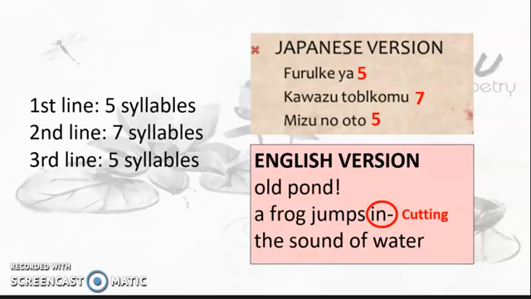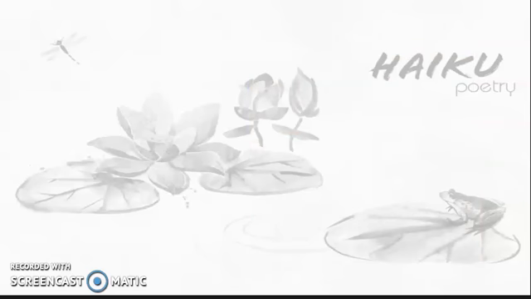But let me show you how to write a haiku. How to write a haiku in English. In Japanese, the rules for how to write haiku are clear and will not be discussed here. In foreign languages, there exists no consensus on how to write haiku poems. Simply put, there is no restricted rule on how you are going to write haiku poems. Anyway, let's take a look at the basic knowledge in writing a haiku.